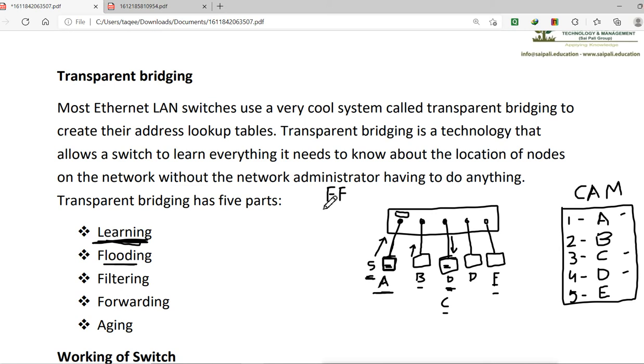In hexadecimal, if it is all F, that means all the bits are on. That is called the broadcast MAC address. And when the broadcast MAC address comes as the destination MAC address to the switch, again it will flood the packet to everyone.